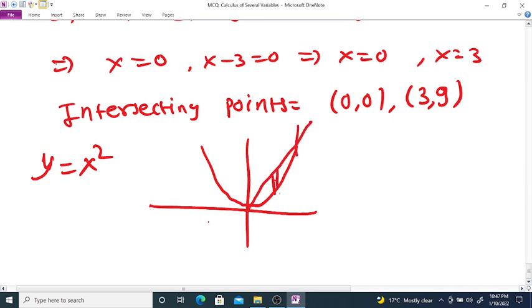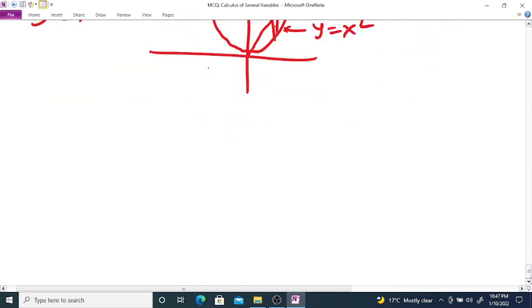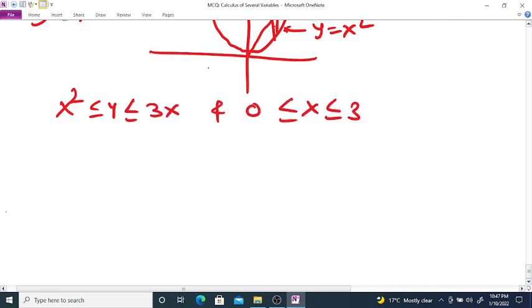If we consider a vertical strip, it enters at y equal to x square and it leaves at y equal to 3x, and such a strip we are going to put from x equal to 0 to x equal to 3. So the limits are x square less than or equal to y less than or equal to 3x, and 0 less than or equal to x less than or equal to 3, and the area is equal to the double integral of dA,